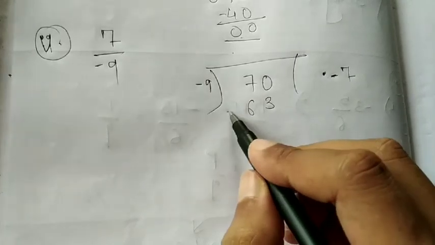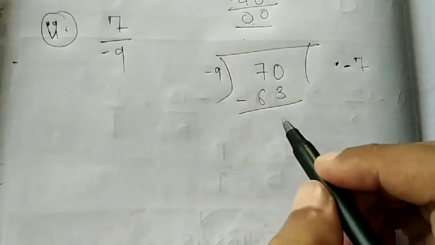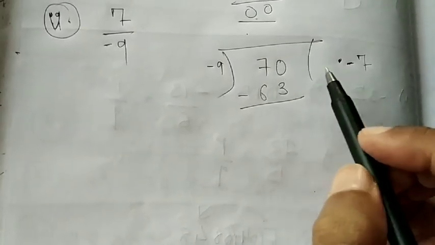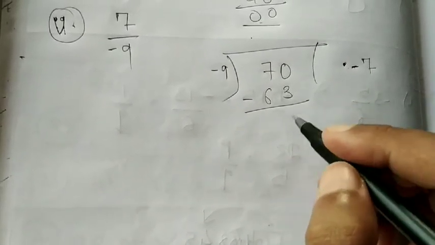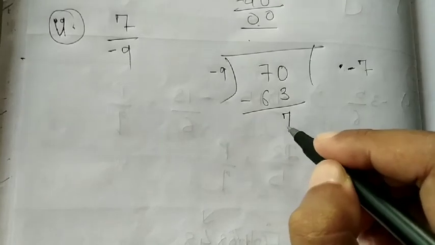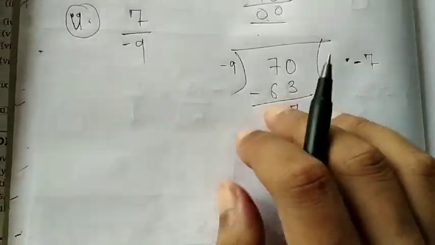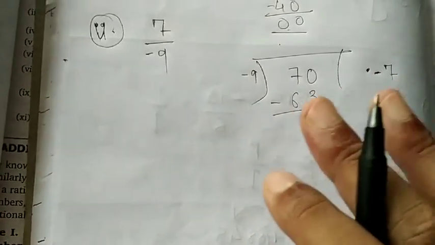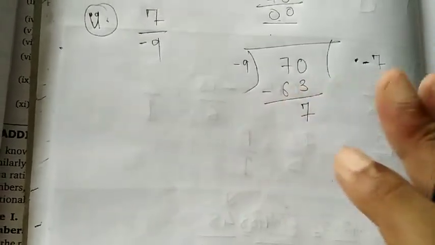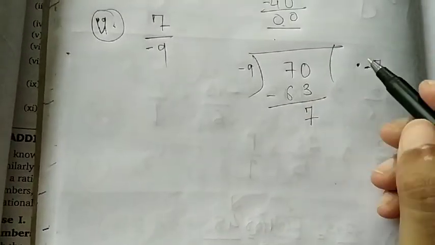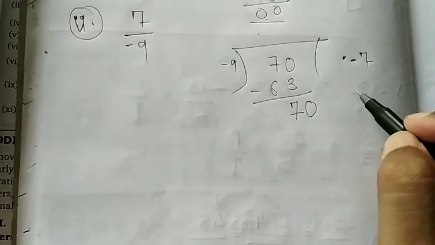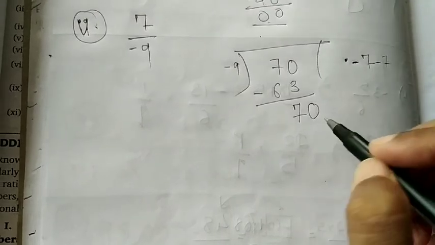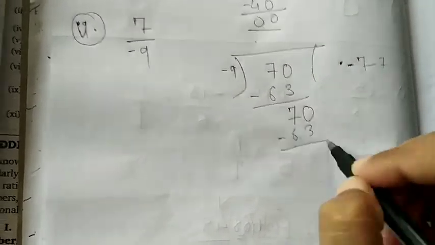Okay, now naturally we will subtract because it's a rule of division. It doesn't have to do with the signs. Into -7 is 63. Let's see if we are not able to solve it in this manner, we will try another method. Again there is a point, 70 into -7 is 63. So this will go on.